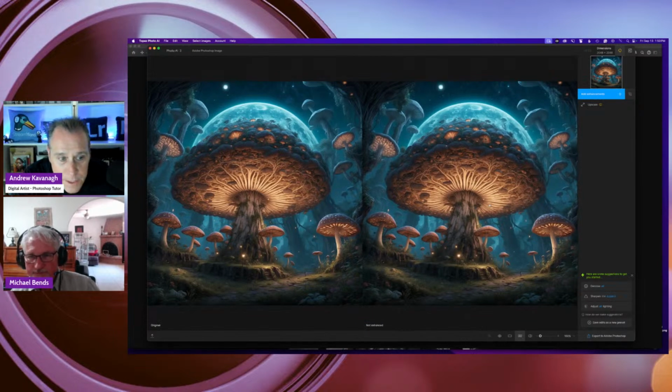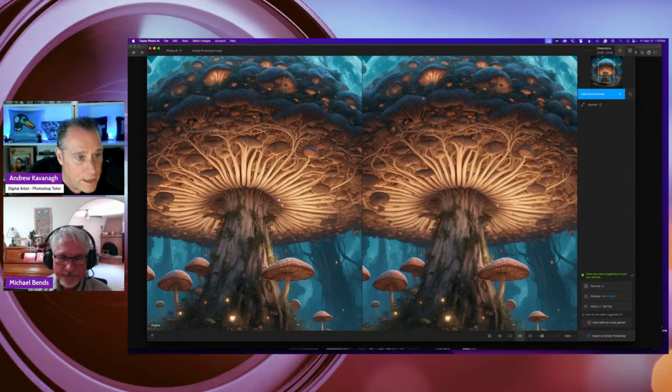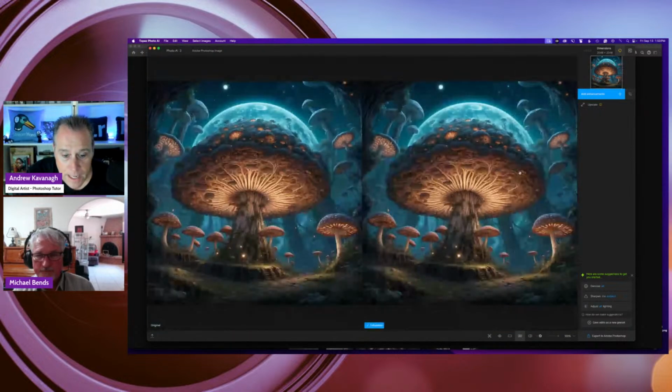And then what it'll do is, in this view, you might not be able to see the most detail, but already I can see on the right it looks like there's a little bit more contrast. And I believe if I zoom in, it looks like there's a little bit more bitmapped edges here on the left, whereas on the right, it's a bit smoother. So that's the first thing I'll do.